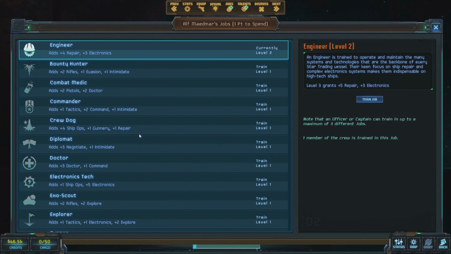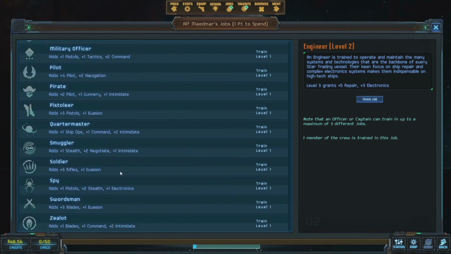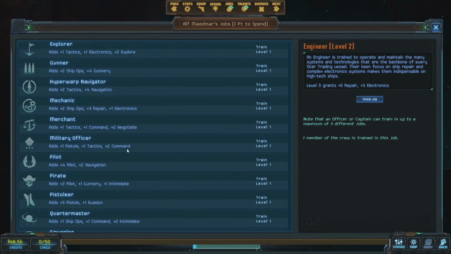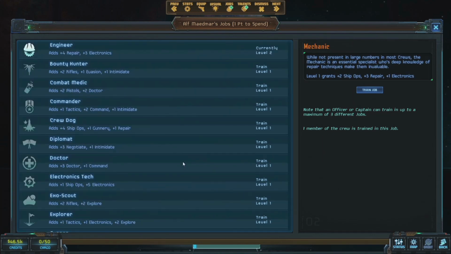And also, if we look down here, I think we've got something that talks about helping with electronics. Let's have a look. Spy, +1 electronics. What else? Mechanic. There we are. So we'll also train them in mechanic. So that will help us with ship ops, repair. So you see